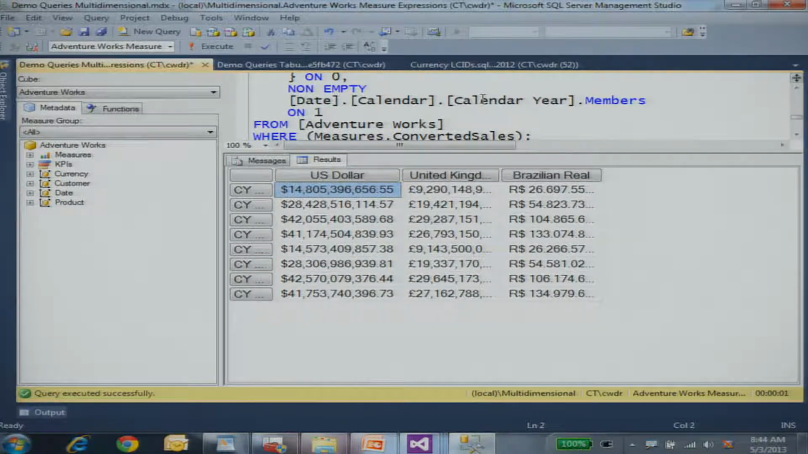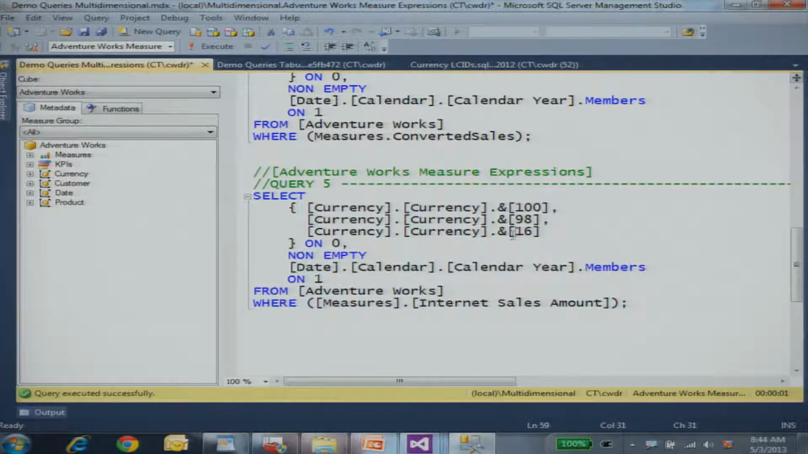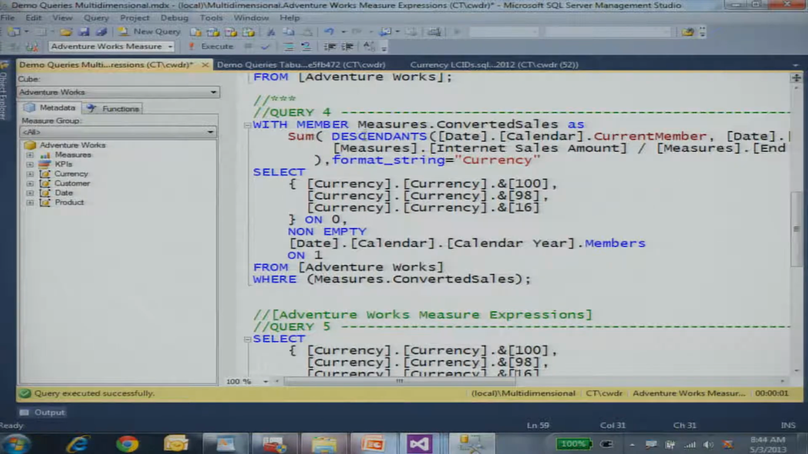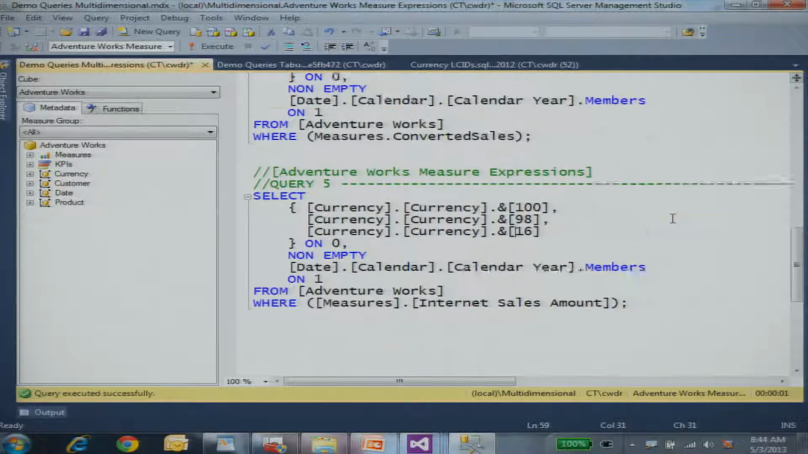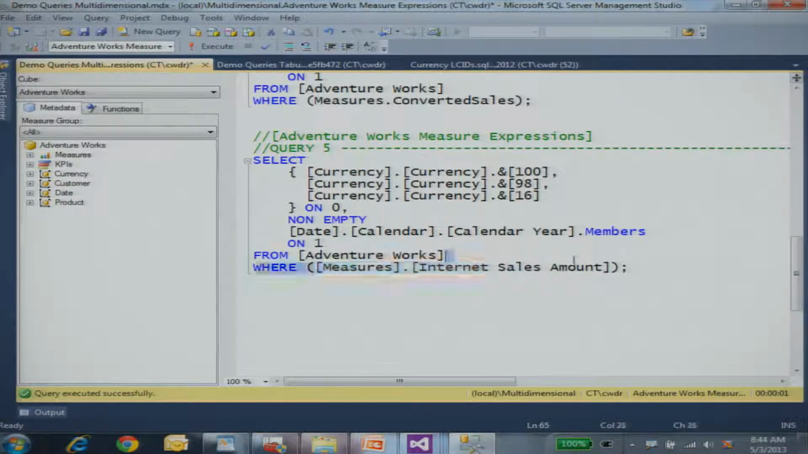And the other thing you'll notice about this query, I didn't actually do the conversion. I didn't use descendants and sum to do the conversion in the MDX query. I just specified internet sales amount, and it magically works. So how did I do that? Well, again, it's this recurring theme of decorating the metadata of the model in multidimensional. So if I show you,